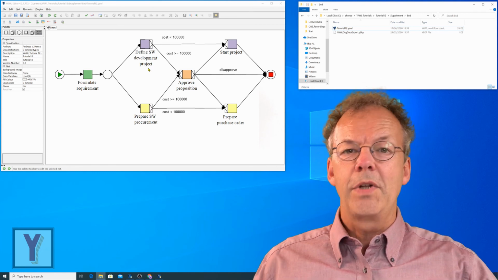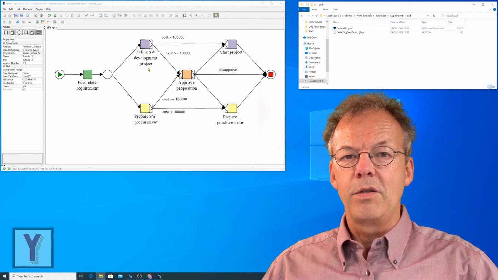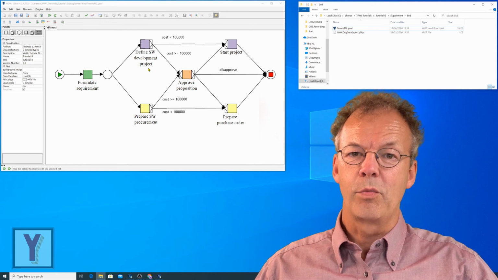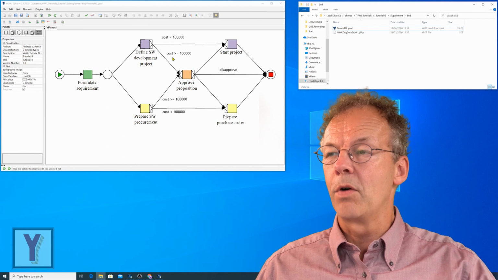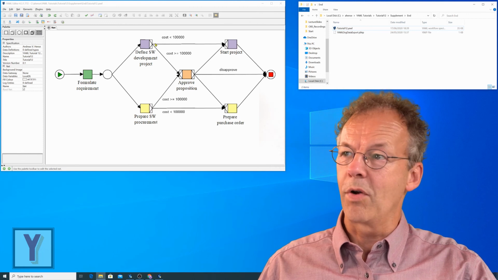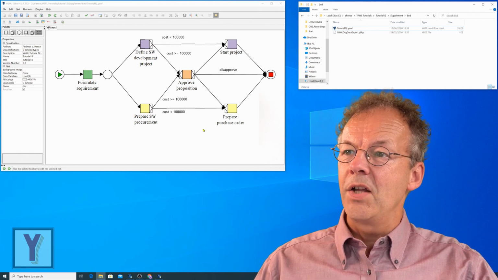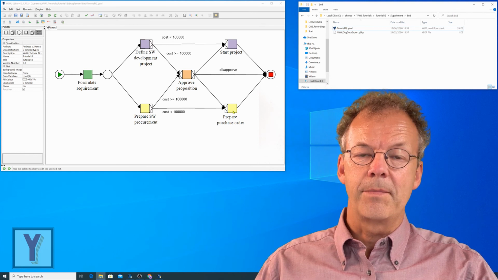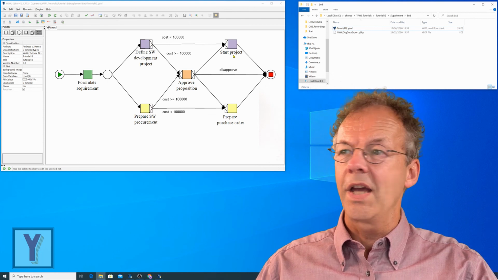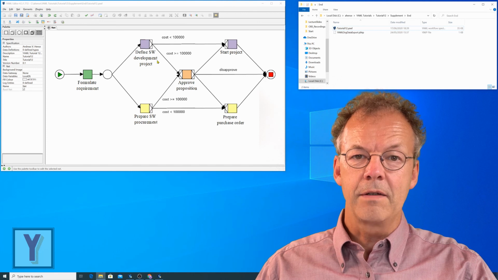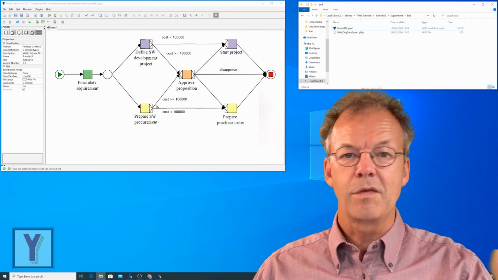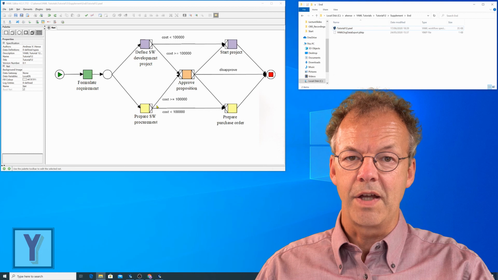Imagine that after formulating the requirement, you find out that you don't need this software after all, and you want to cancel the whole procedure, no matter where it is now. So if we look at all this part of the specification after formulate requirement, we may say that, okay, until the purchase order is sent out or the project is actually started, we can still cancel the whole thing, and we want to give the possibility of canceling to the same user that has formulated the requirement. So how can we do that?